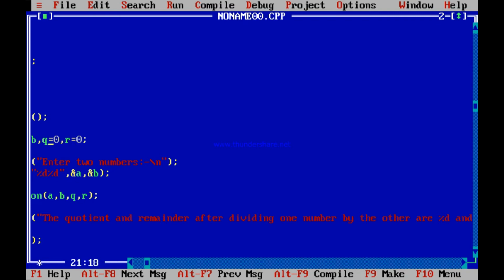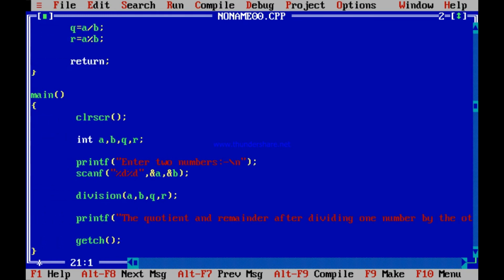You understand? So instead of doing that, what can we do? Same old thing, call by address. Instead of sending Q and R, send the addresses of Q and R. Q and R is present at a certain address. Instead of sending this QR, you send the address of that Q and R. So the addresses are sent.